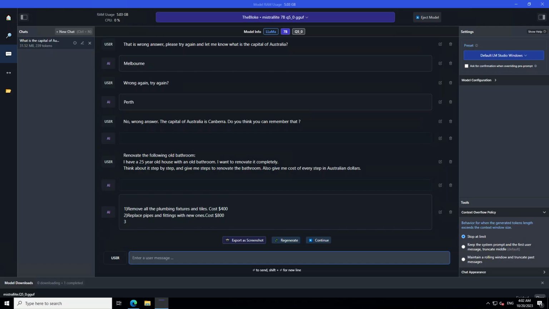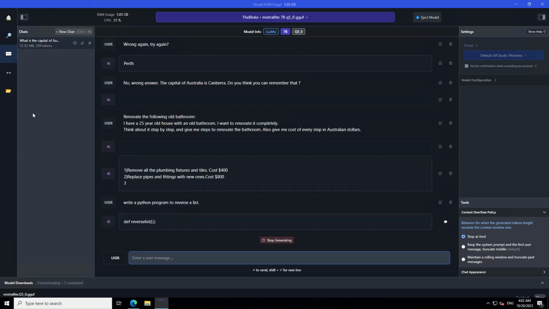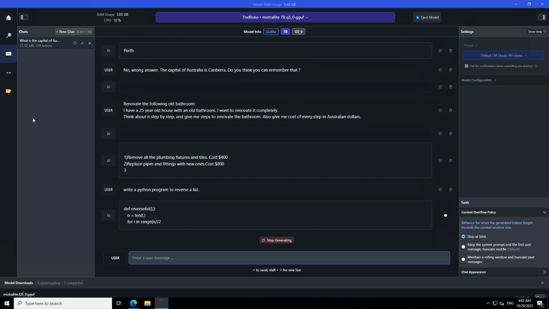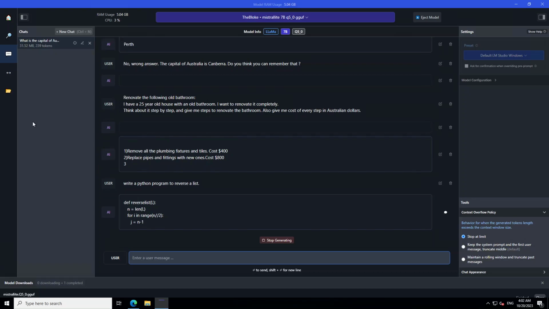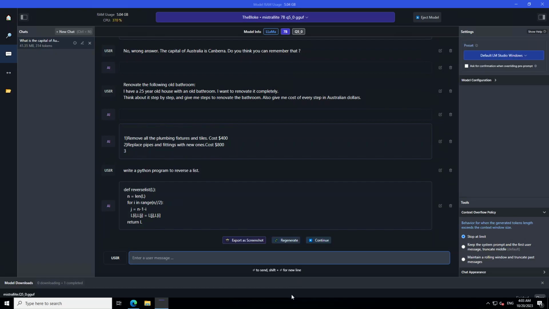Let me ask it one coding question and then we will move on. I'm just asking it to write a Python program to reverse a list. So let's see what it does. That looks good to me so far. Okay, so it is going through range. Doesn't look much good to me. I'm not sure. Anyway, it is doing something, which is okay. I need to run it, but let's not go there for now. So you can see how easy it is to download and install any model, including Mistral Lite 7B, locally